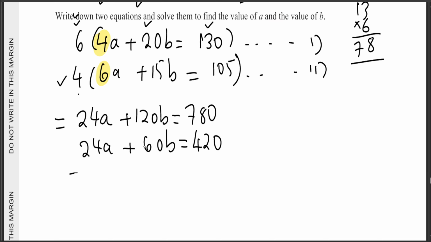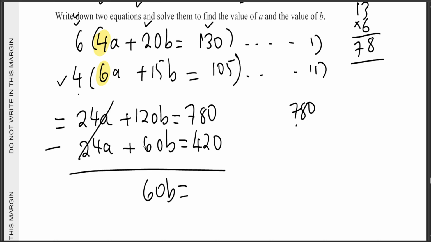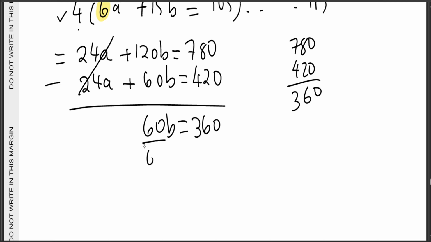Now, since both of them have positive and positive, same sign, you subtract. So let's subtract. This cancels out. 120 minus 60 will give you 60B. And 780 minus 420 will give you 360. So divide by 60, divide by 60, and therefore B is equal to